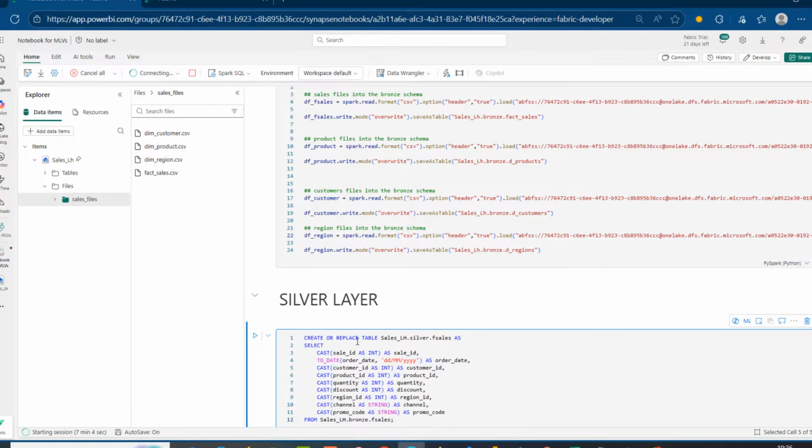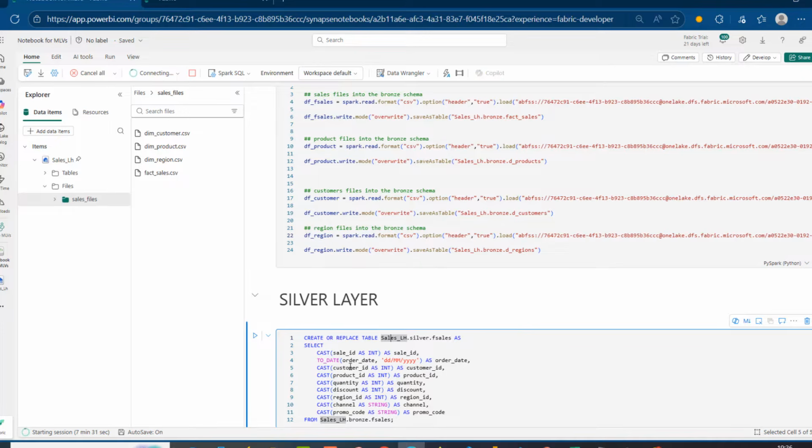In this code, I'm just creating or replacing a table, and I'm providing the fully qualified name, that is the name of the lakehouse dot silver dot fact_sales. This is going to be the table name, this is going to be the schema name, and we're using the select. So basically, I'm selecting all the columns from the bronze schema of the fact sales table of the